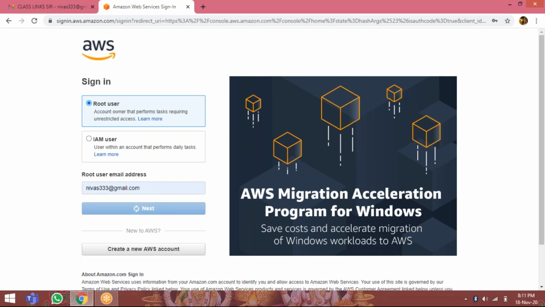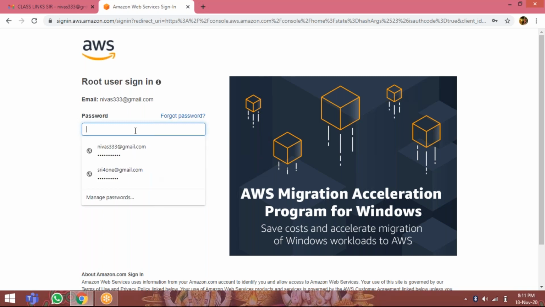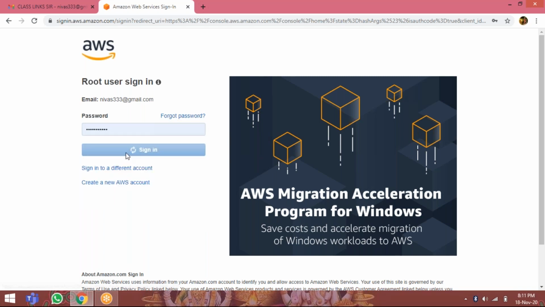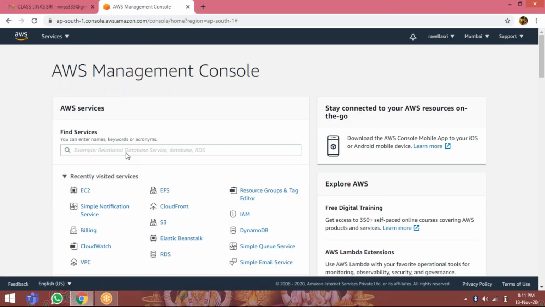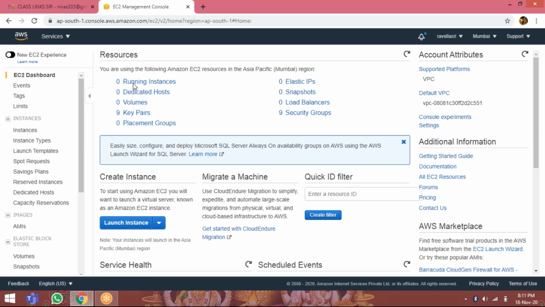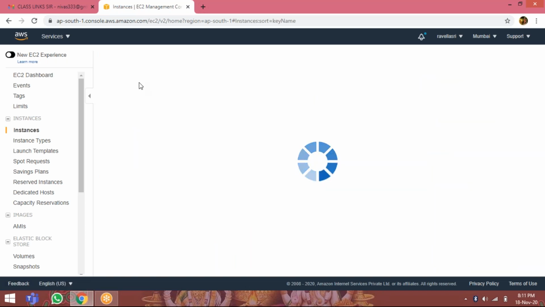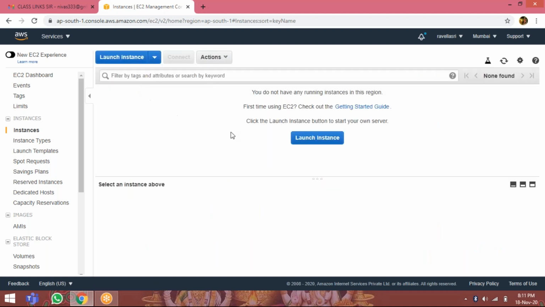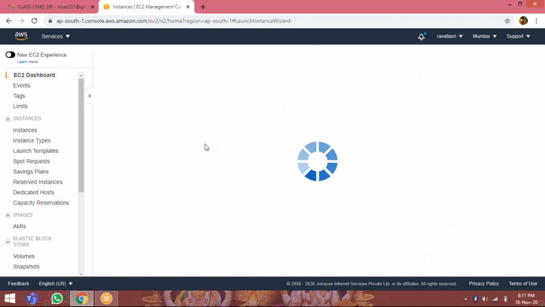So log in as a user, give the password. Go to EC2, launch two Linux instances. Configure web servers. Go to running instances, launch instance,